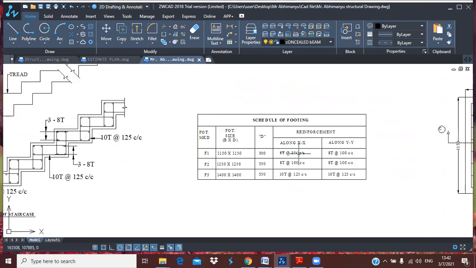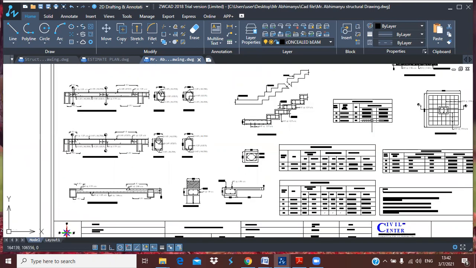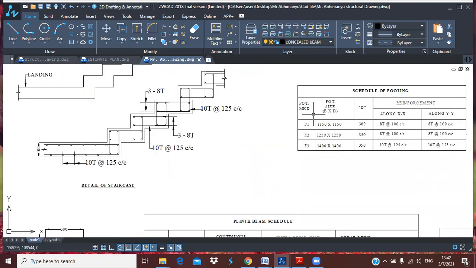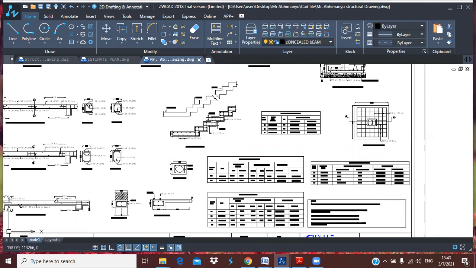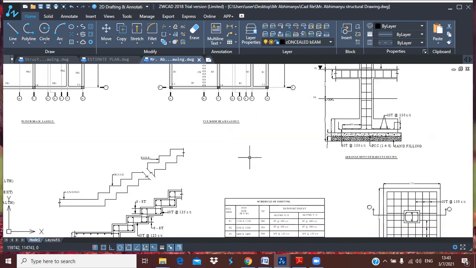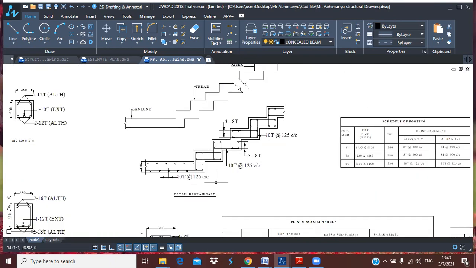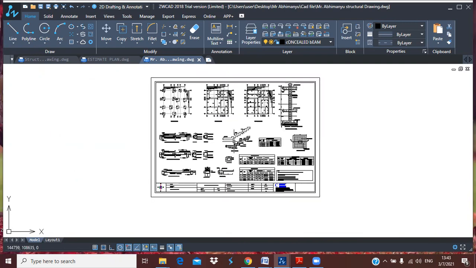And the spacing is also different. Next, in this one single video, I cannot complete the whole drawing. So you will get all of this part-wise in these videos, about this BBS or this structural drawing, basically how to read a structural drawing.